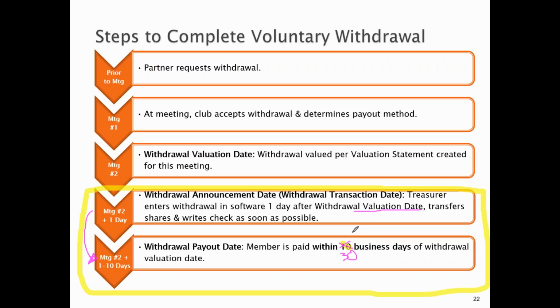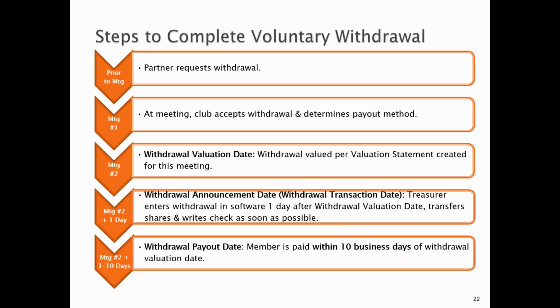And the thing is that the member doesn't have to receive the shares in order to be the owner of record. Right? And so as of the valuation date, the announcement date rather, the transaction date, that's the point at which the member comes off the club's books and they become the owner of the shares. They don't actually receive the shares yet. They may actually not receive the cash. The cash may not clear their bank account if they cash a check, but they actually receive it as of the date of payment. It comes off the club's books, and that's when they become the owner of the cash